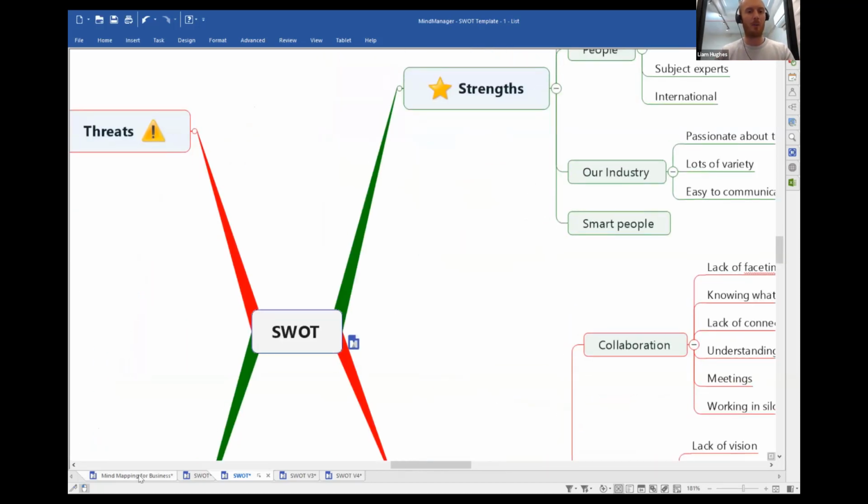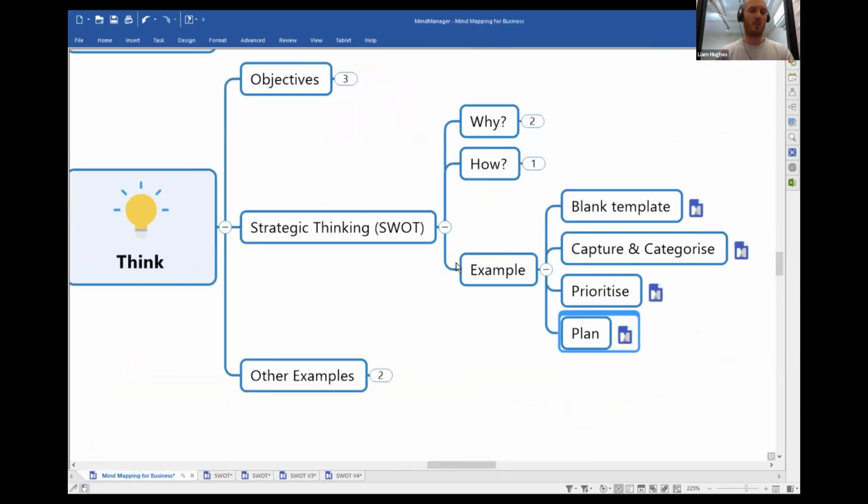But you hopefully see how we've moved through in one map, albeit I've sped up the process, that you'd actually go through. You can go from start to finish, right through to action planning, all within one piece of software, one mind map. That is extremely powerful, and I genuinely still don't see any other tools or techniques that can be that effective